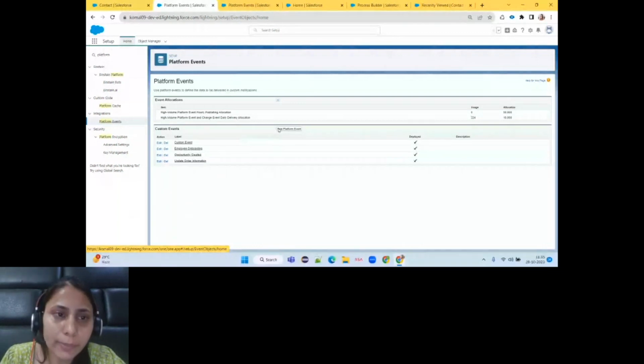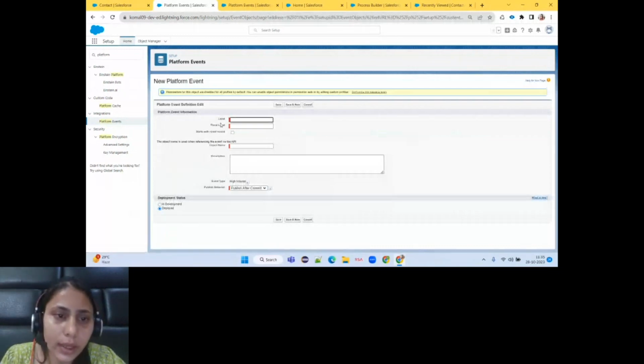For creating a platform event, just click on New, and here you go. Here you can give the label, plural label, and the object name.